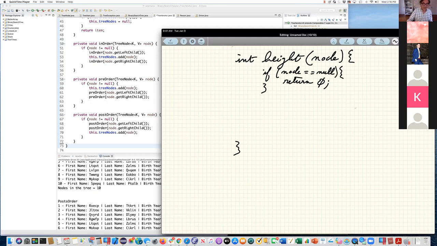So else, okay, I want to calculate the left height, which is the height of the node's get left child.